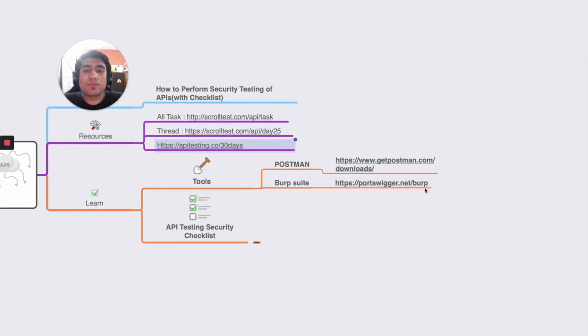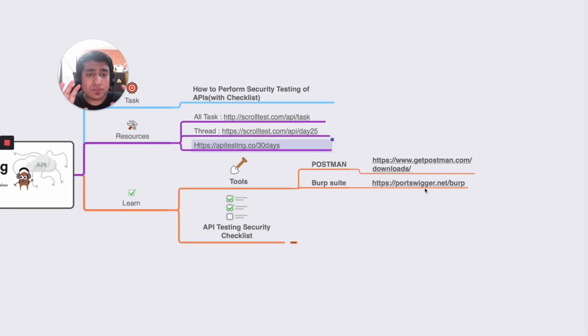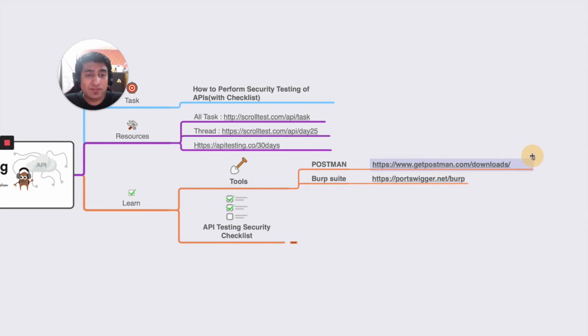First of all, I would like to tell you that to perform any kind of security test, you would need Postman and Burp Suite. I hope you already know about it. If you don't, you can get Postman from getpostman.com/downloads, and you can download Burp Suite. Burp Suite is actually an interesting tool for security testers and penetration testers. They can use it as a web proxy. They can chain the API calls, and there are a bunch of more features. I won't go into much of it, but you can use those features.